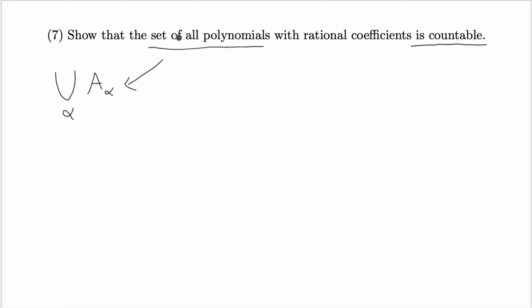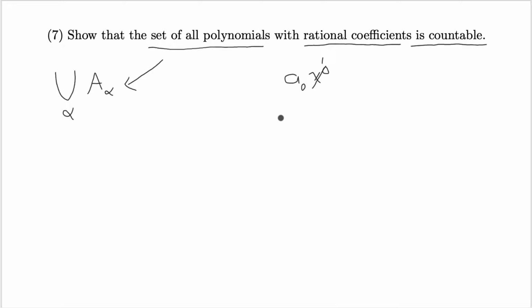We'll first note that if we want to do that, we have to be using rational coefficients, since our first partition is obviously going to be the polynomials of the form a naught x to the 0, x to the 0 being 1. But a naught, if it was any real number, clearly we already have an uncountable set. So we must note that since we're using rational coefficients, we would have to prove first that the set of rational numbers is countable. That is another problem